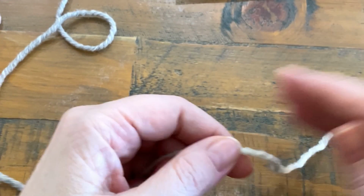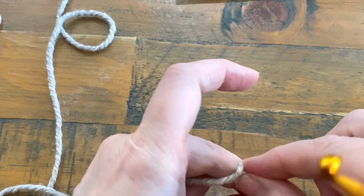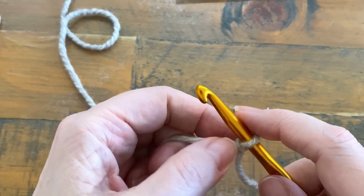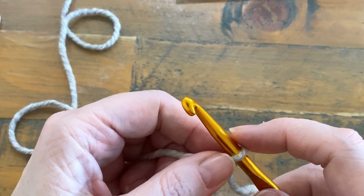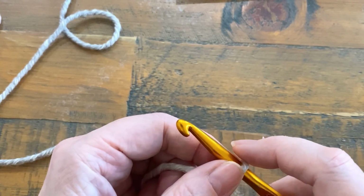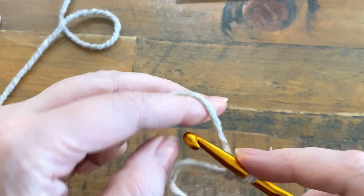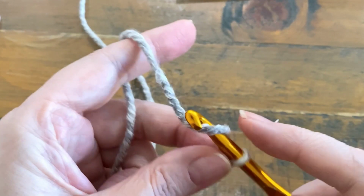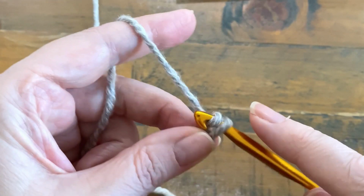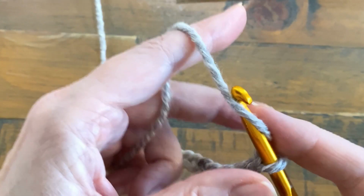So to begin, we do your slip knot, and a foundation chain is going to be a multiple of 2 to the width that you want your ear warmer to be. So 1, 2, 1, 2, 1, 2, 1, 2,